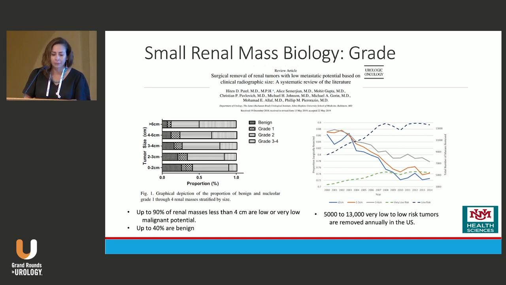Regardless, small renal masses are removed routinely without preoperative pathologic diagnosis. And this raises the question of significant overtreatment, unnecessary morbidity, and cost. And you can see on these diagrams up to 90% of renal masses less than 4 are very low malignant potential, and with up to